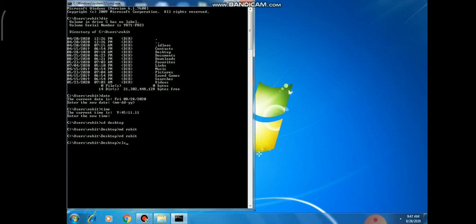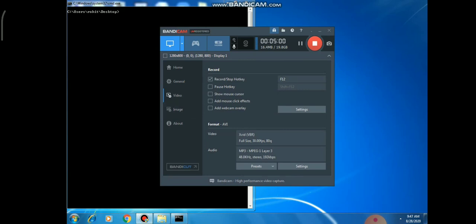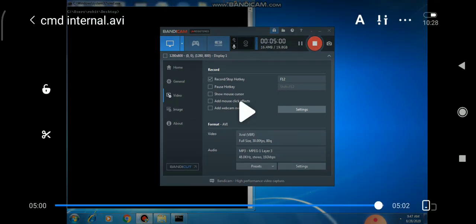Dear students, you can see multiple content right now in our command prompt. After executing the CLS command, you can see our screen content is clear right now. So dear students, these are a few commands that we covered today. These are our internal commands that we covered.